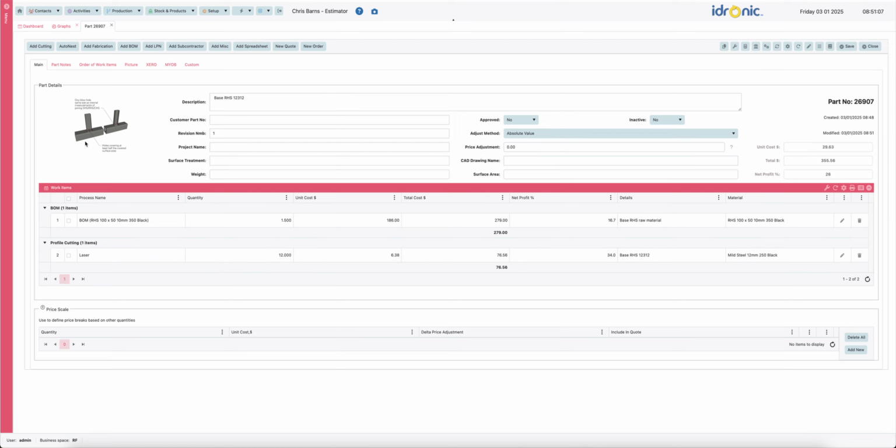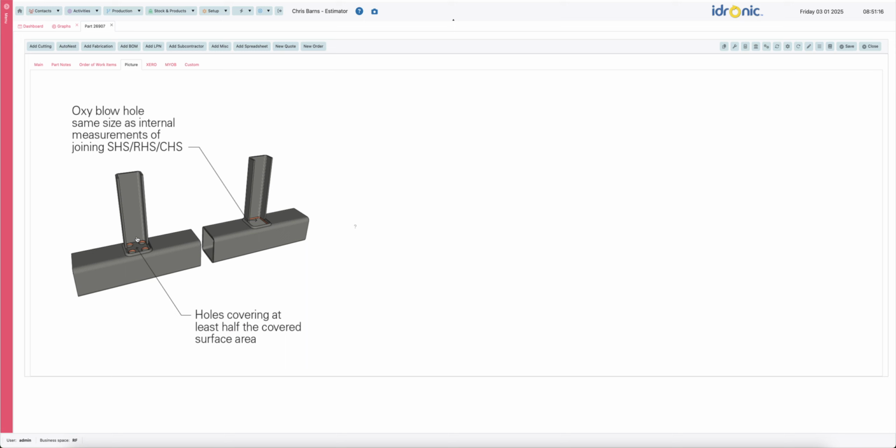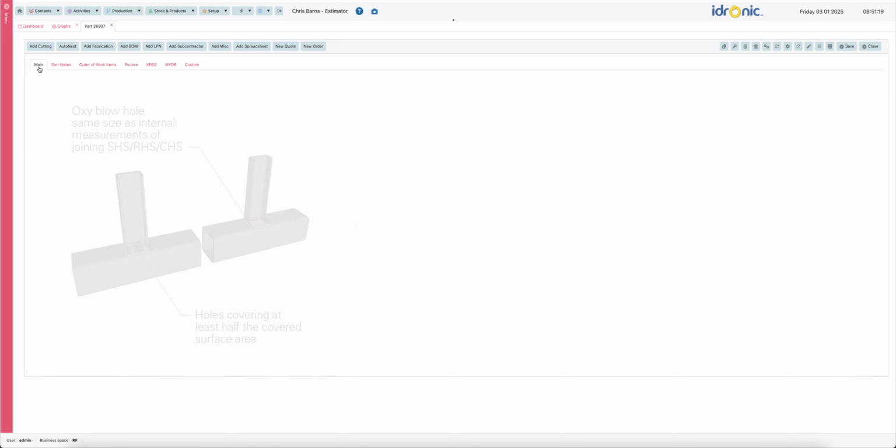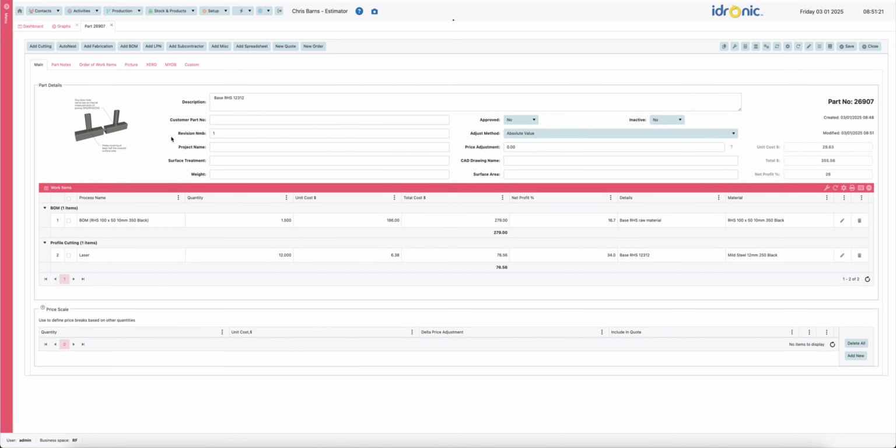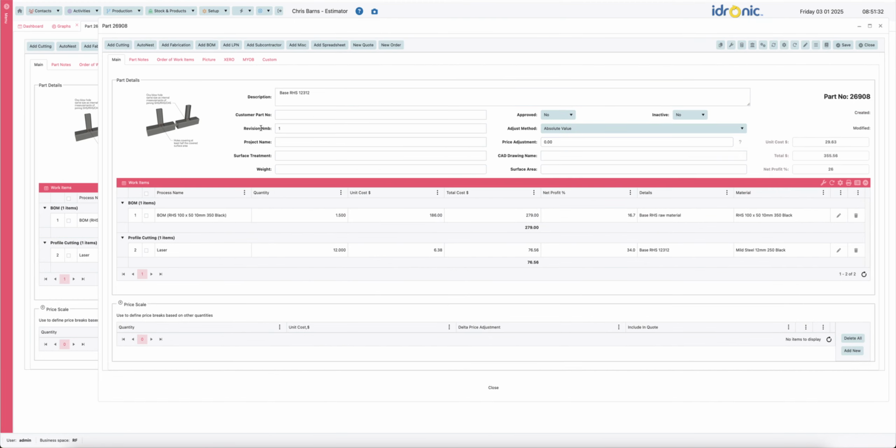In this particular instance, material, let's have a look at the picture. Yeah, so we have only one other component which will be assembled into this. So there's a quick way to shortcut all of this. So I'm going to make a duplicate of this part by clicking on duplicate part. So now we have a copy of it, and this will be the top piece. Okay, let's save that, and then we're going to go to